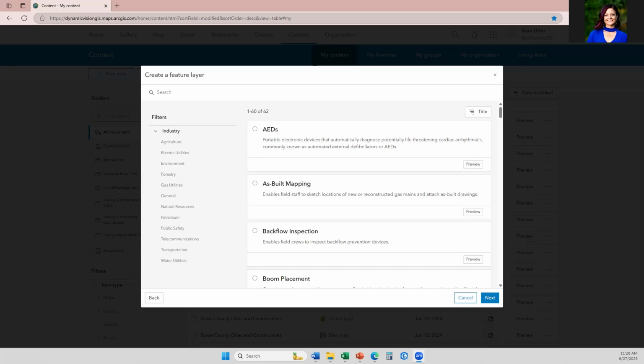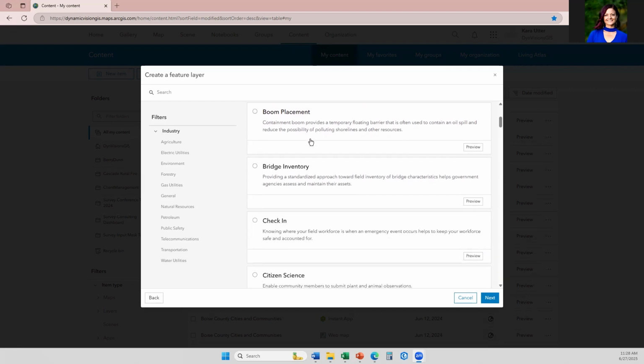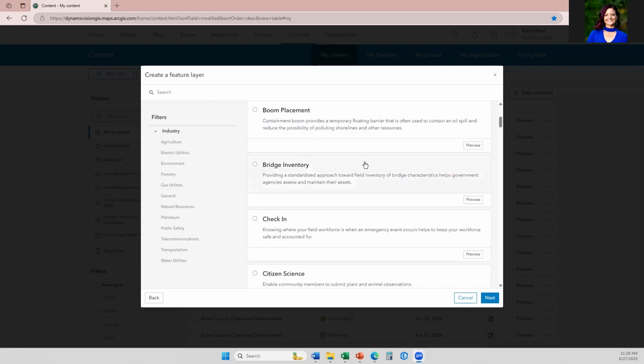One of the great things about ArcGIS Online is that you don't have to start from scratch. If you want to start creating spatial data based on maybe life-saving AEDs located around your facilities, or perhaps you're a road and bridge crew and you have information about your roads and bridges in historic Excel spreadsheets or possibly a third-party vendor system, but it's not related to a spatial feature yet,